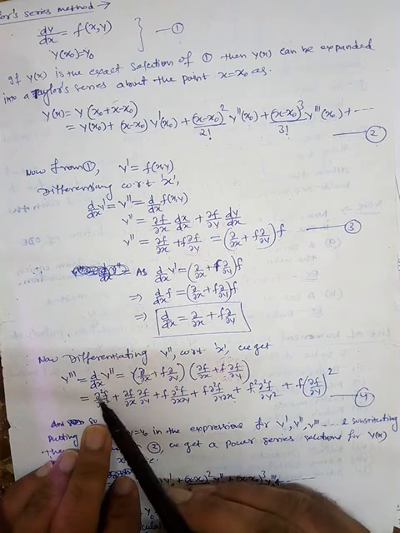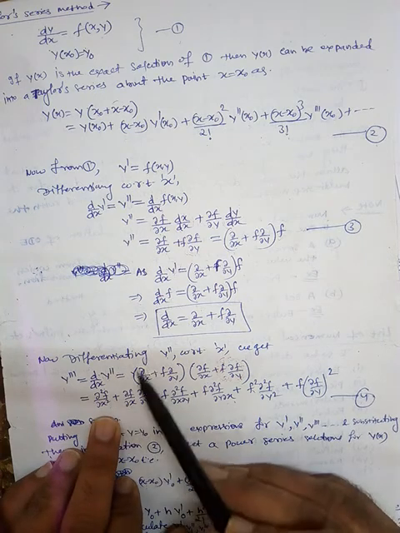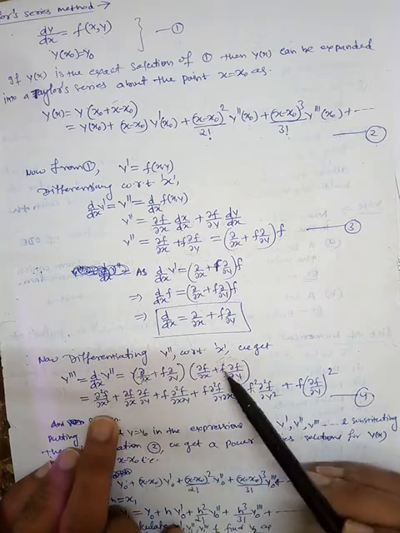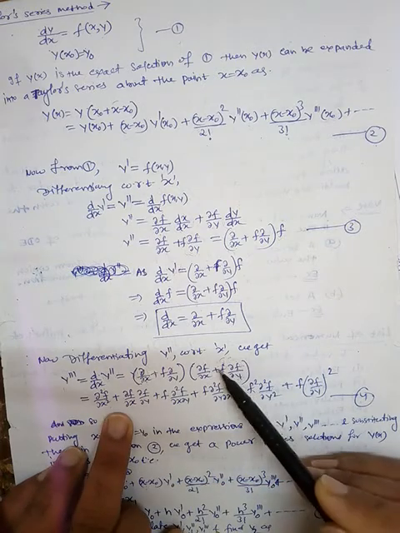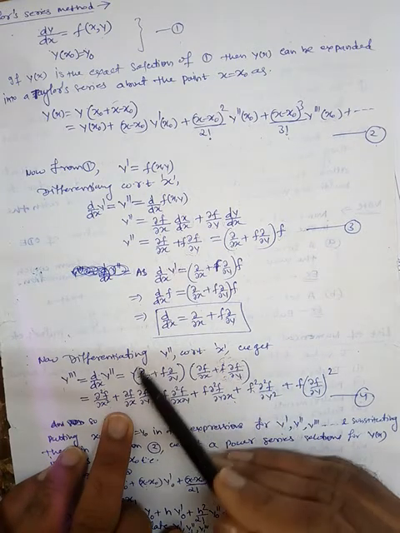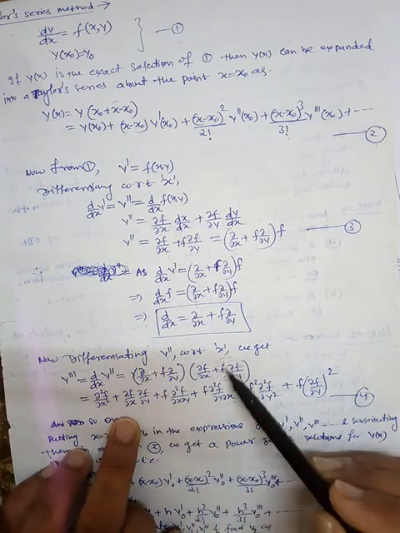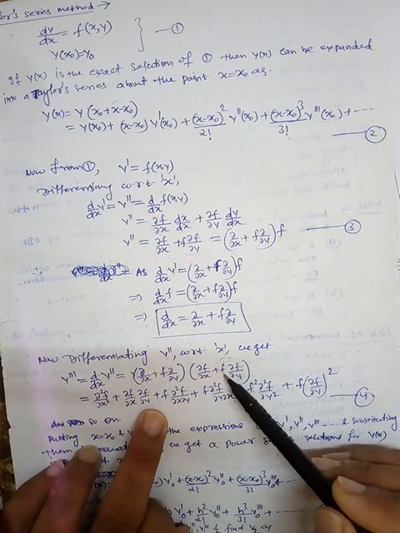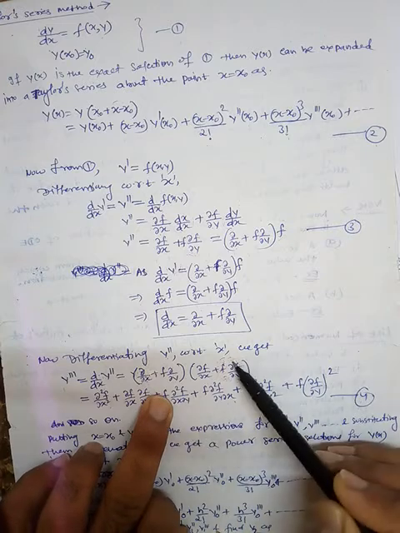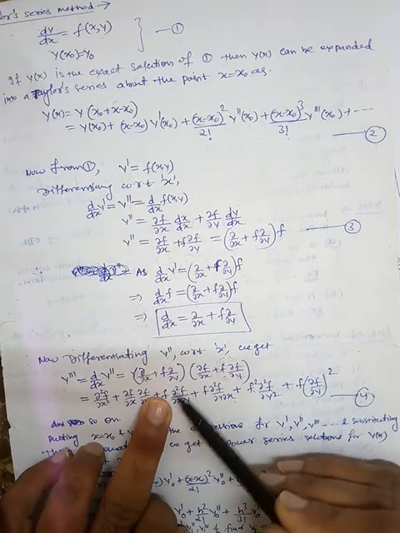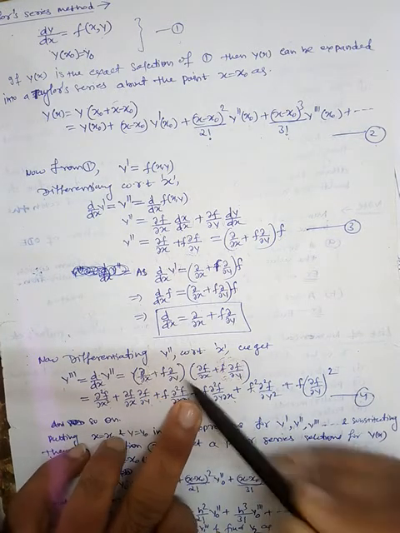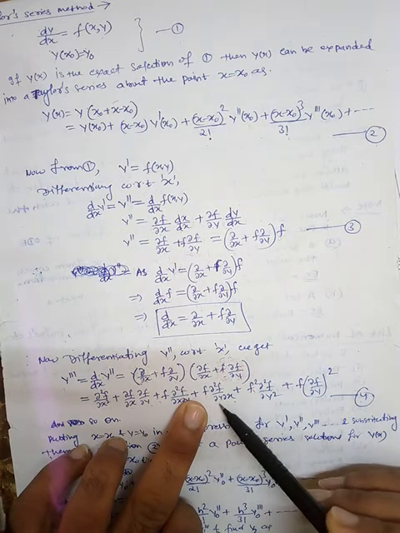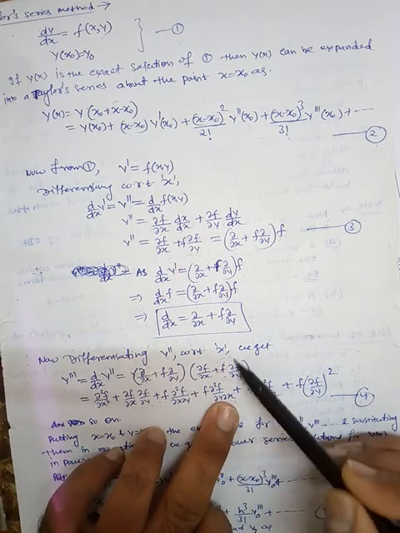So what will we get? Del 2f by del x2. Just operate this on this bracket, so here we get this. Now when you operate here, we have two functions, so partially differentiate with respect to x. The first derivative of this will give you del f by del x, del f by del y plus, now f becomes constant, and now differentiate this by del x. So we get del 2f by del x del y plus. Now operate this on this, so we get f del 2f by del y del x. Now operate this on the second term.